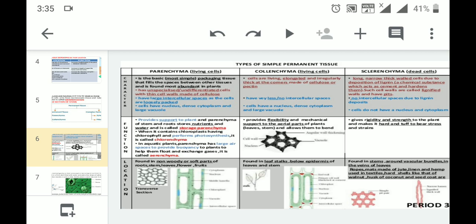Parenchyma is found in non-woody or soft parts of the root, stem, leaves, flowers and fruits, whereas collenchyma is found in leaf stalks below the epidermis of leaves and stem. Sclerenchyma is found in stem, around vascular bundles, in the veins of leaves,